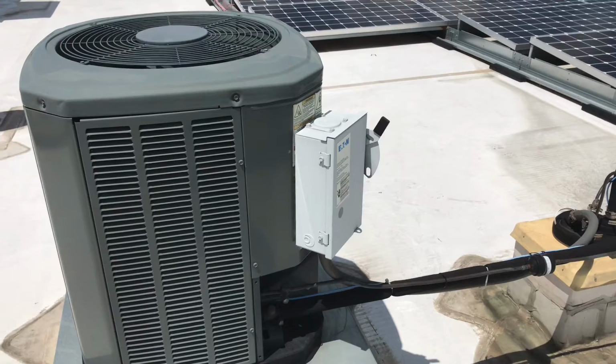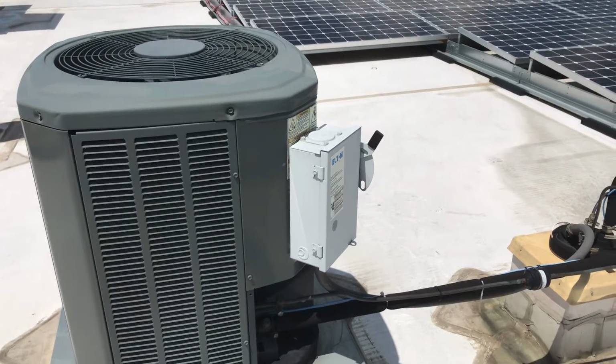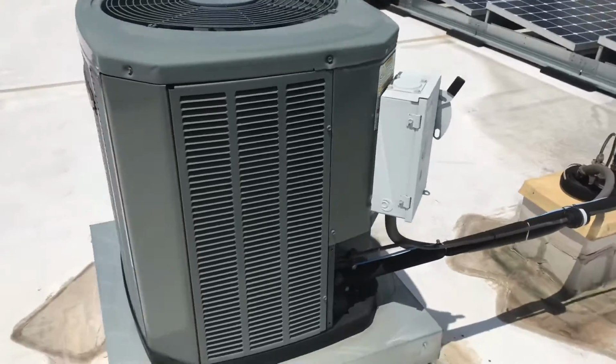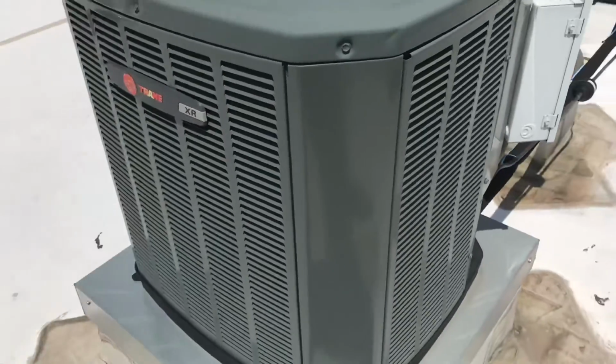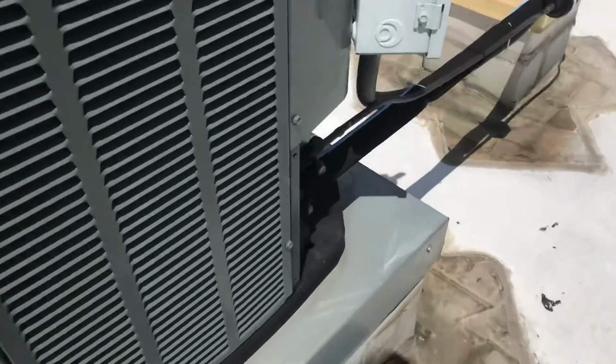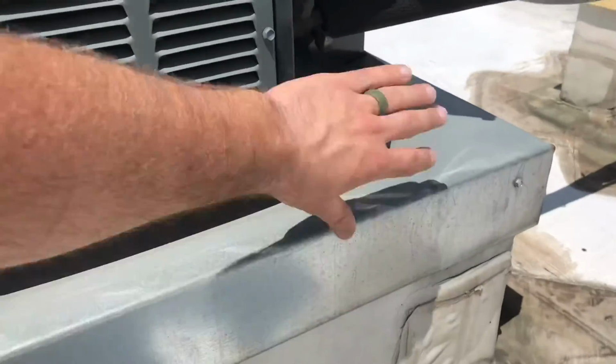I'm surprised this even passed any type of job site inspection. You think that they would go over this? Maybe request that they put it over here in this corner. Build something off of, they could have went off some unistrut off the side here, up